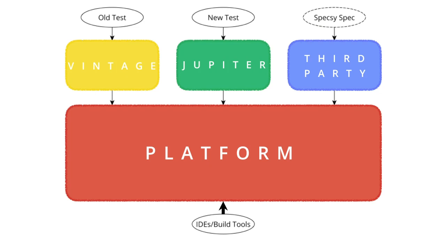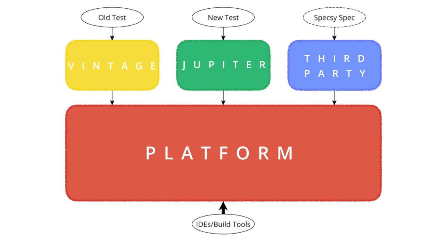Now, a picture is worth 1,000 words, right? So here we have the platform big in red at the bottom, and the IDEs and build tools are going to see that side of it. They're not going to focus on the programming models. They don't care. They just want to be able to launch tests based on these classes, these paths, these XML files, these patterns, stuff like that. And at the top, you can have different frameworks that are tied in to the platform. Here we have Jupiter, the JUnit 5 programming model, and Vintage supporting JUnit 4 and 3.8. And here, as an example, any third-party test engine, as I mentioned,